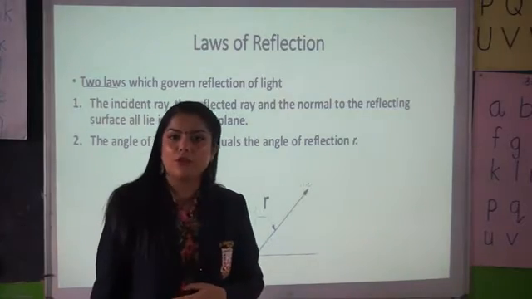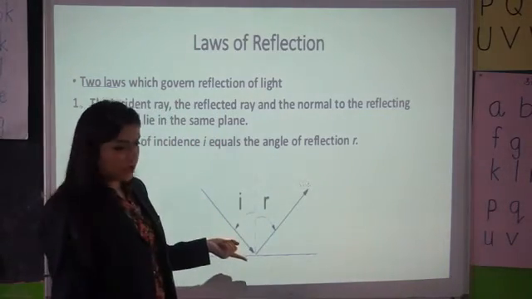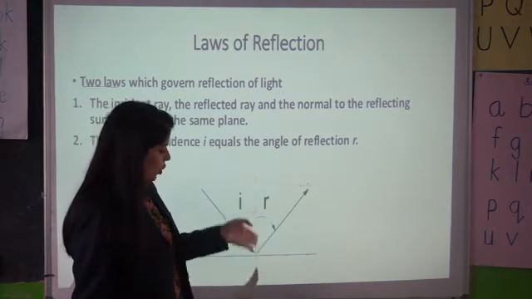Now the second law of reflection is this ray, that is incident ray, reflected ray and normal and the point